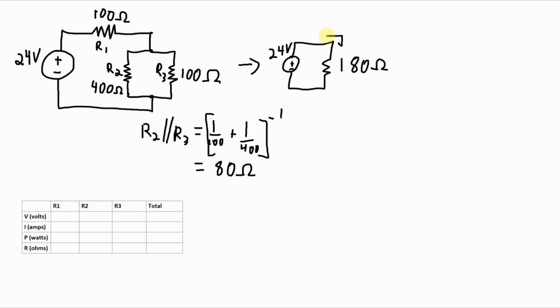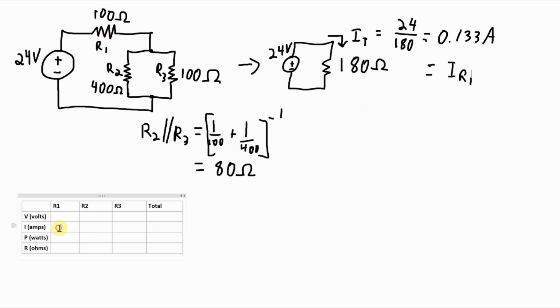Now that I know this, I can figure out the total current. Using Ohm's law, 24 over 180 gives me 0.133 amps. Okay, that 0.133 amps is coming from the source and is going through R1. So IR1 will also be 0.133 amps. Fill in the table over here with what I already know. And since I now know the current through R1, I can calculate the voltage drop across it. VR1 will be,